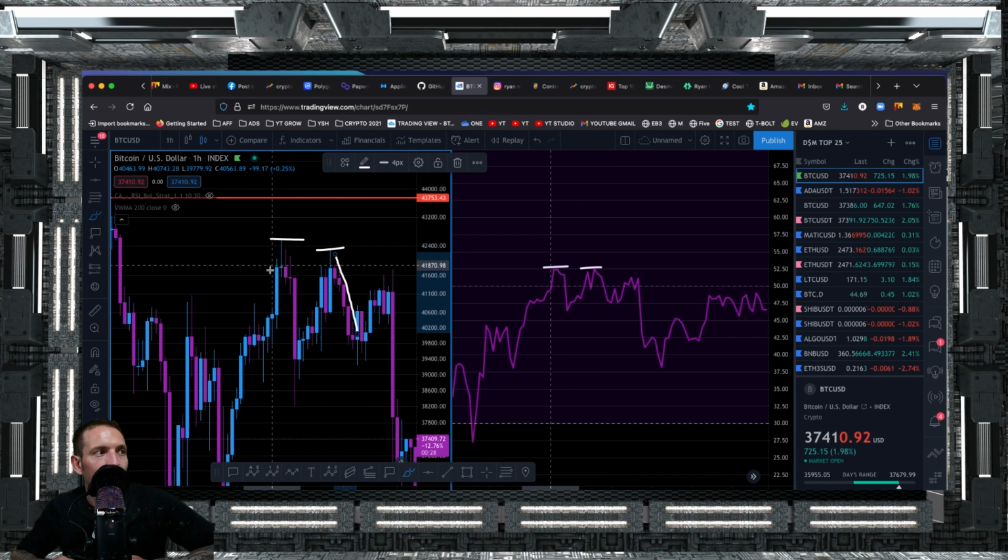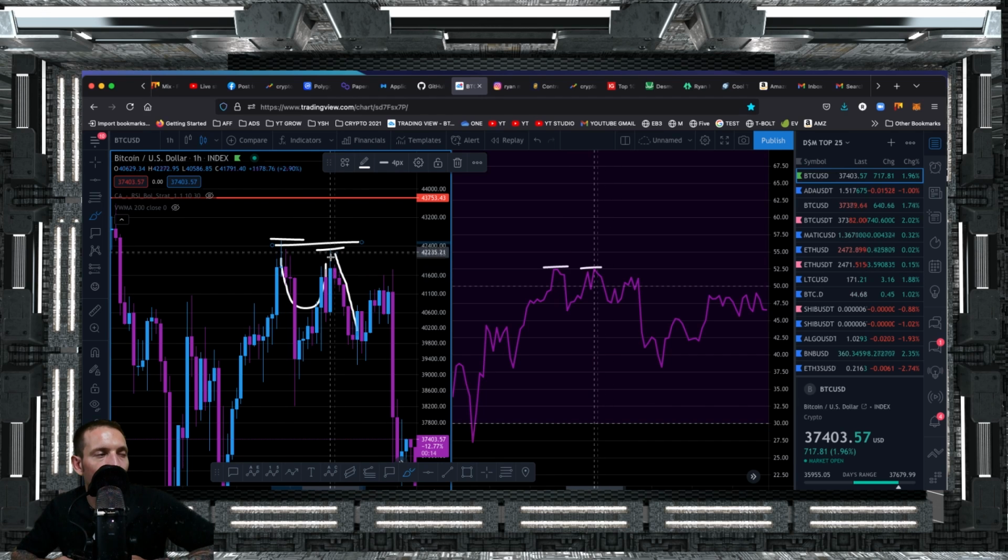So you can see here, I started scaling my shorts, price dropped down. It didn't drop down far enough for me to want to take my profits, and then it came back up here. Once it came back up here and it went to test this same area, this same key level, that was as high as price was able to get up to. Once it came up and started to test that area and started to pull back the littlest bit,